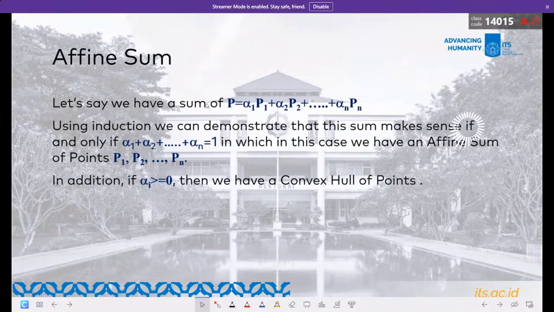As I said before, it can be any number in the real number system. But in this case, we want to specify that alpha i should be more than or equal to 0